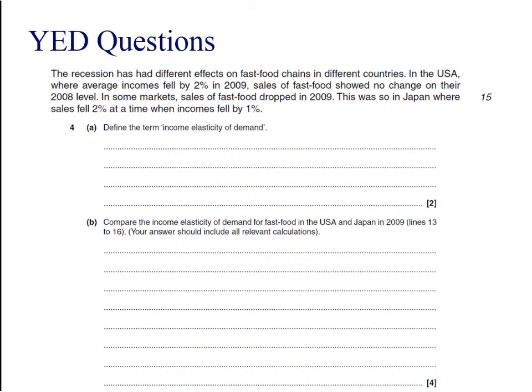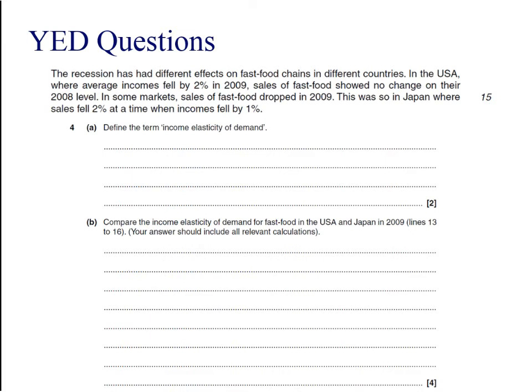Well, 2 being positive in the YED figure for Japan for fast food suggests that it's a normal product, so we can get a mark for that. And because it begins with an integer, it means that it's elastic as well. So that means that the demand for these products is sensitive to a change in income, which suggests that in Japan, sales of fast food were considered luxury products or something that people can do without, which makes sense. You know, if your income falls, you can probably do without those McDonald's or Burger Kings or any other fast food. Whereas the figure for the USA